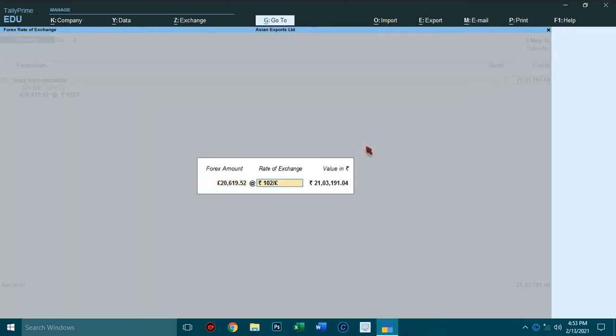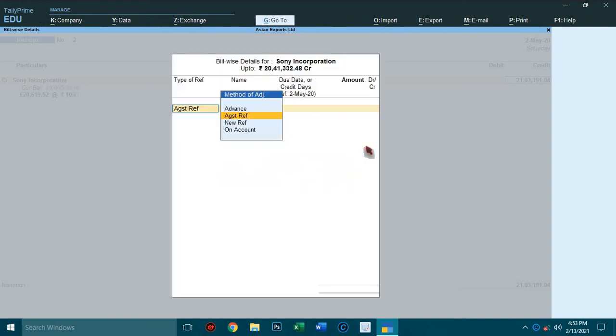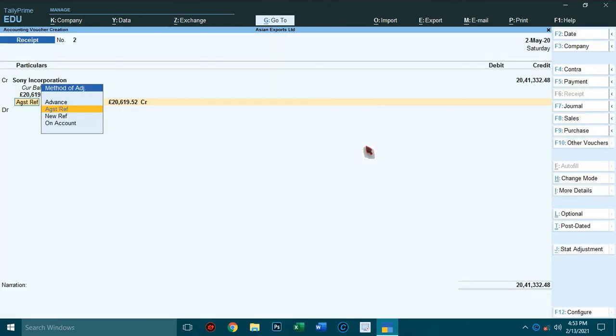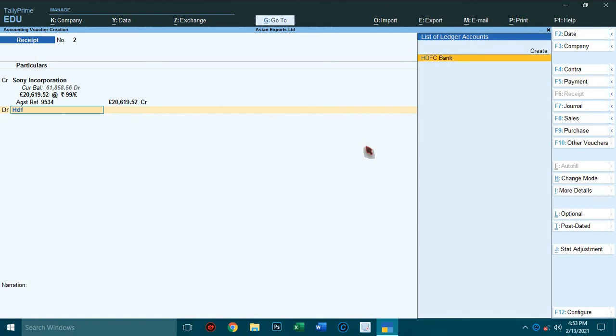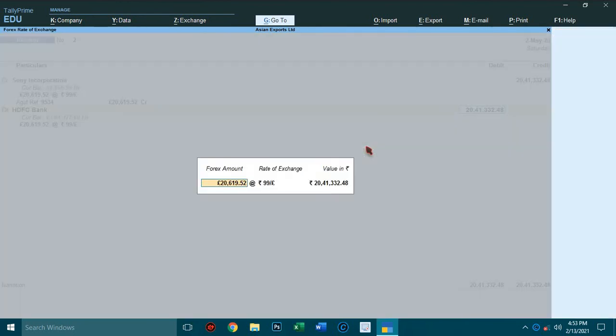So now here on 2nd May, what is the rupee value against the pound? You have to specify here, that is 99 rupees per pound. Alt 156. Against reference, HDFC Bank.